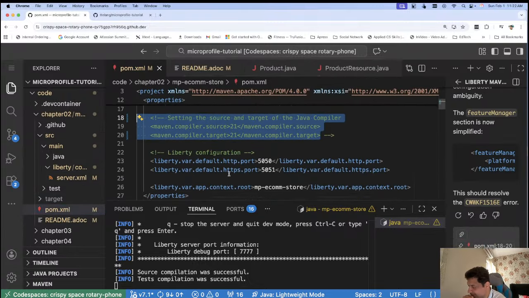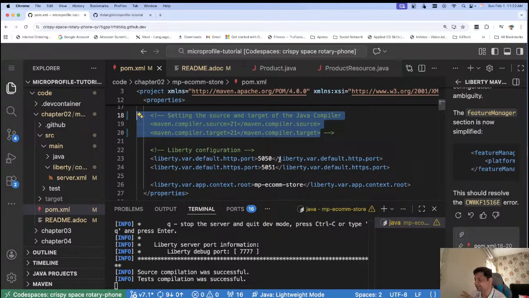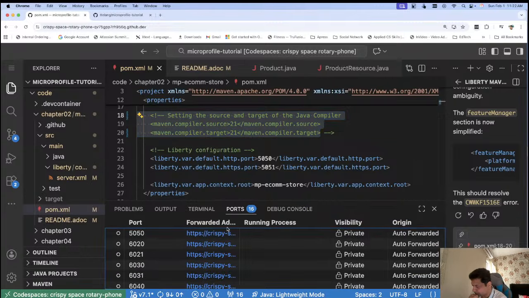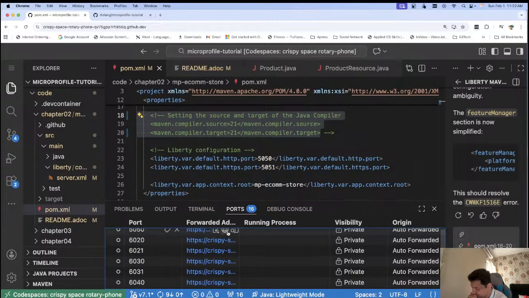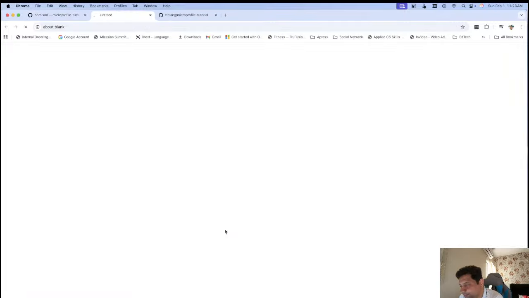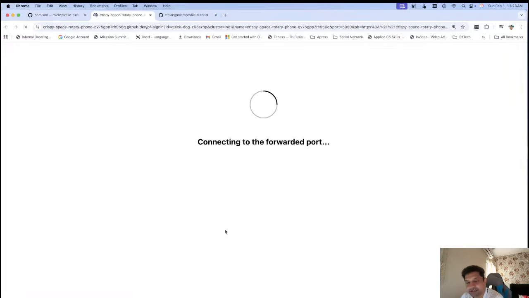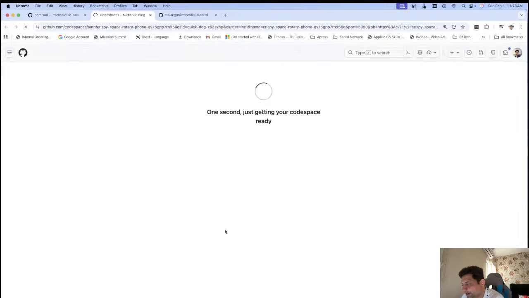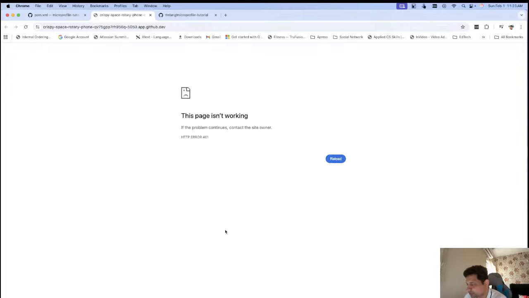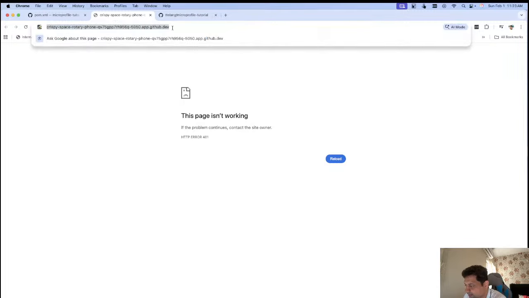I think within the properties, so 5050 is the port. We go to the 5050 port. We can open this in the browser. And as you see here, we have the context root path defined as API. So here, this is our